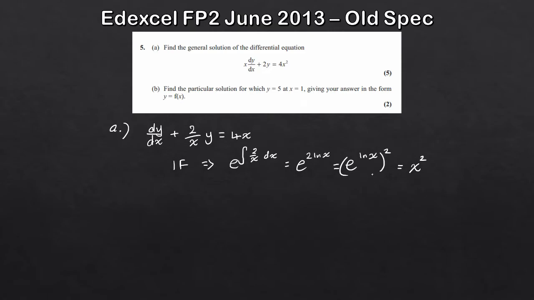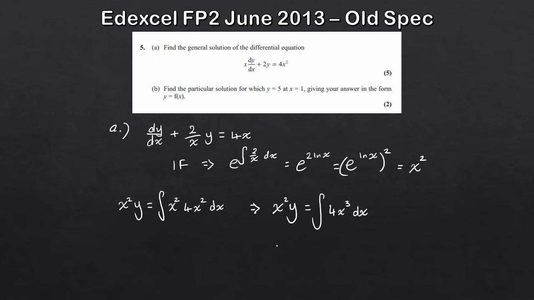Well, now we've got our integrating factor. For a general solution, remember, we do the integrating factor times y. So x squared times y is equal to the integral of the integrating factor, x squared, times my last term, which is the 4x squared dx. Simplify this expression for the integrand, so this would be x squared y is equal to the integral of 4x cubed